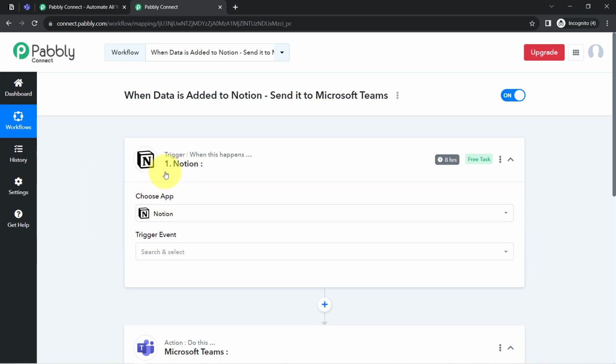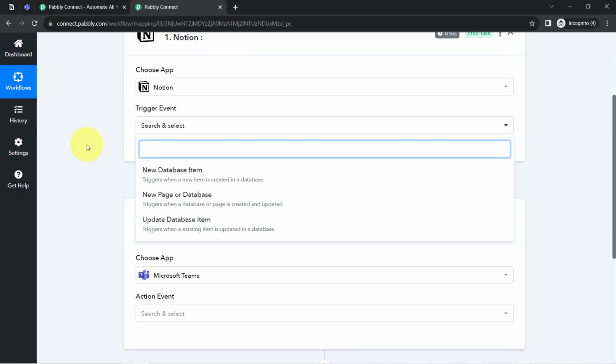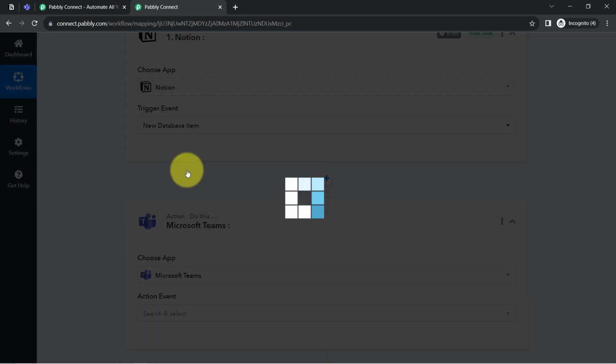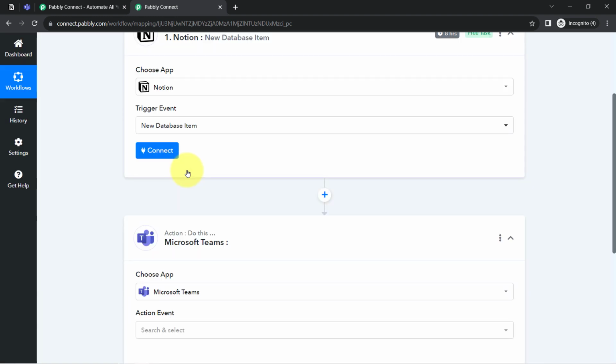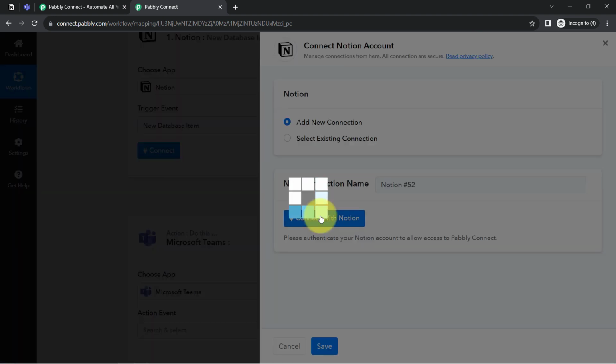Let us first connect Notion with Pabbly Connect, for which firstly I will select the trigger event. Okay, so I want that whenever any new database item is added in Notion, this automation should trigger, or we can say the data should be captured via Pabbly Connect. So I have selected the same, simply clicking on connect, clicking on add new connection, clicking on connect with Notion,